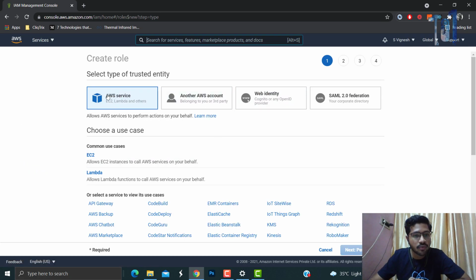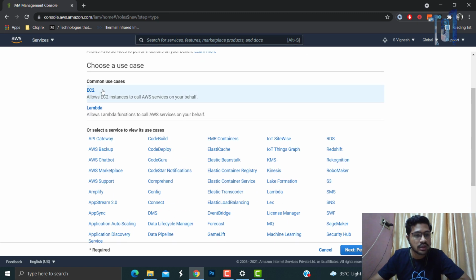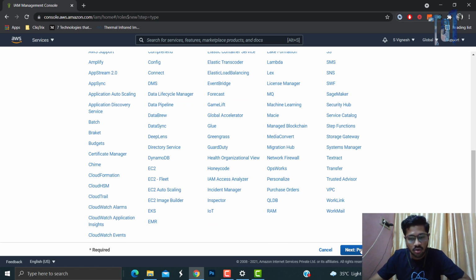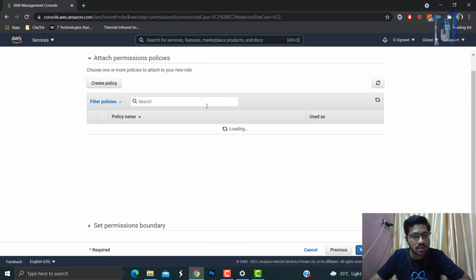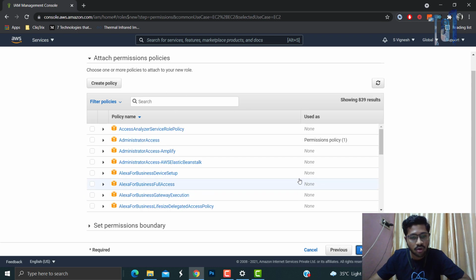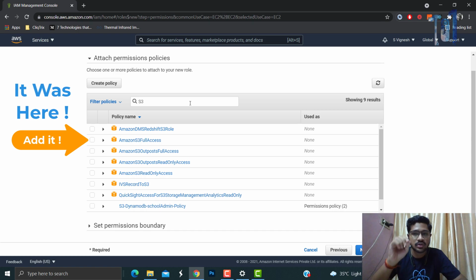Yeah, so you're creating this for another AWS service, so this option should be ticked. And the common use case, you are building it for EC2 instance, so click the EC2 option here and go next to the permissions. Now what we can do is S3. So the main purpose of this role is to give access to the S3 bucket.